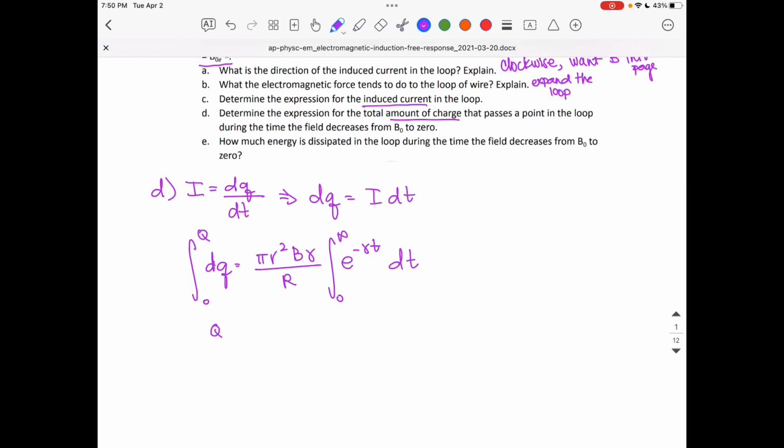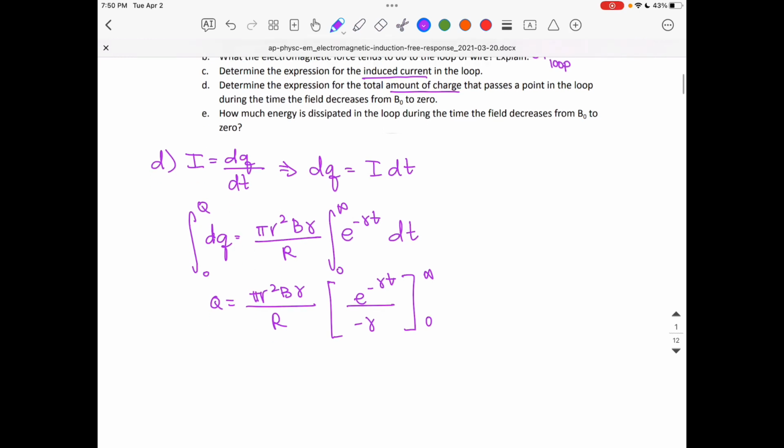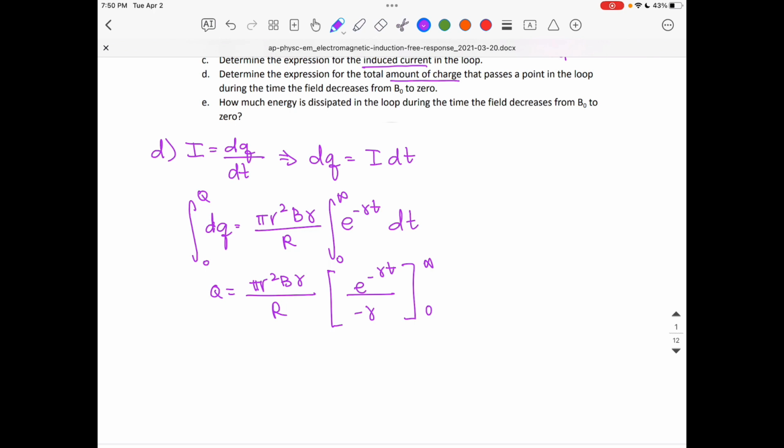And so we get Q is equal to pi r squared B gamma r. The integral of e to the negative gamma t is e to the negative gamma t divided by negative gamma. And then obviously we're going to go from infinity to 0. We are then going to